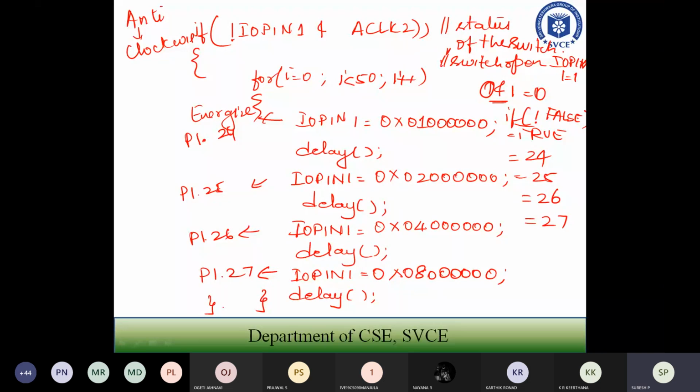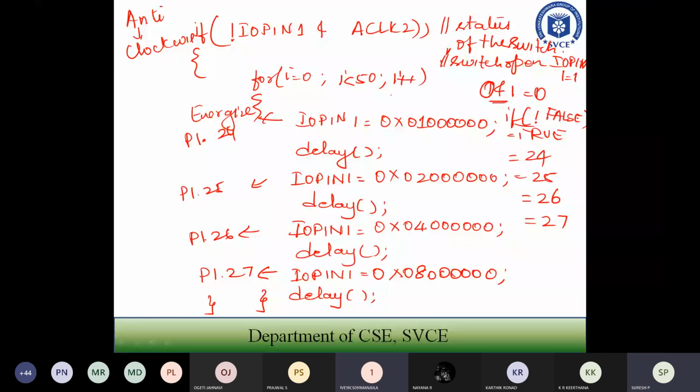So, any doubt? No, sir. So now, can you tell what is the change I have to make if I want to go with the anti-clockwise direction? What's the change in this particular part of the code if I am going with the clockwise direction? If you have understood this, you can tell me. What's the change I have to make if I want my program to run in the clockwise direction?